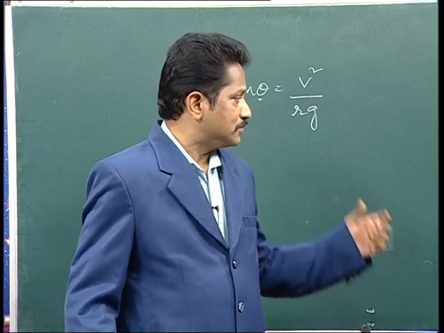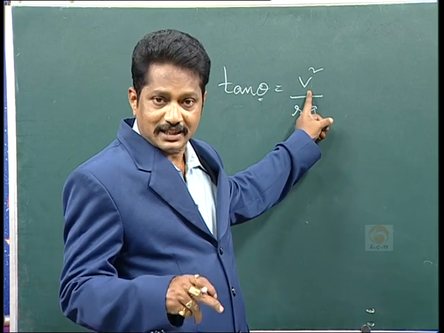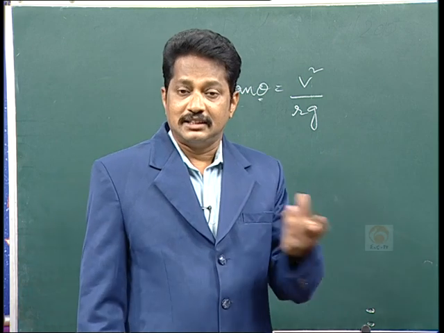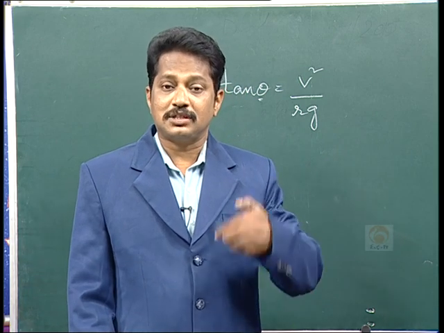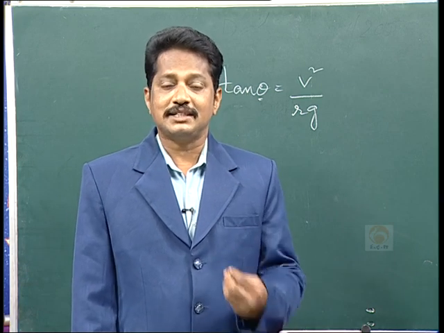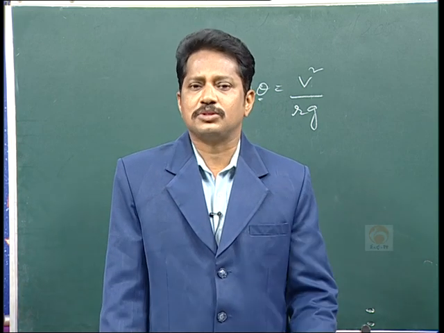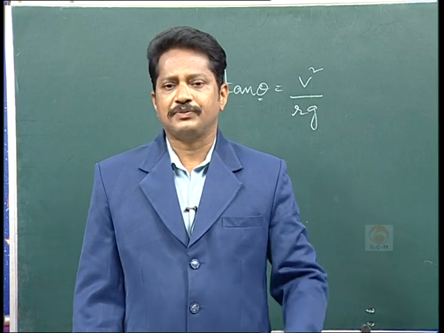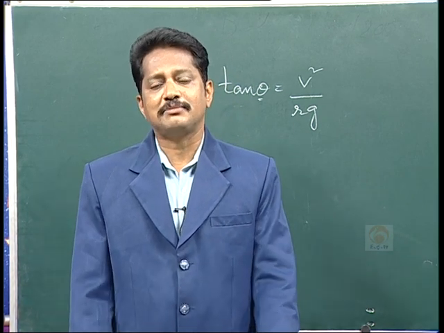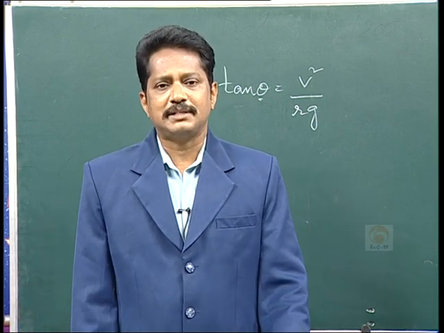So, here you want to minimize the angle of banking theta, then the velocity will be less and the radius of curvature will be more, because when the denominator is more, the total fractional value will be less. So, you want to minimize that. When you minimize that, the angle of banking is also minimized. See how interesting this is. This is a scientific attitude. In this manner, railway tracks and other things are constructed; this is called the angle of banking. Is it interesting or not? So, there are so many concepts like this in the kinematics chapter.